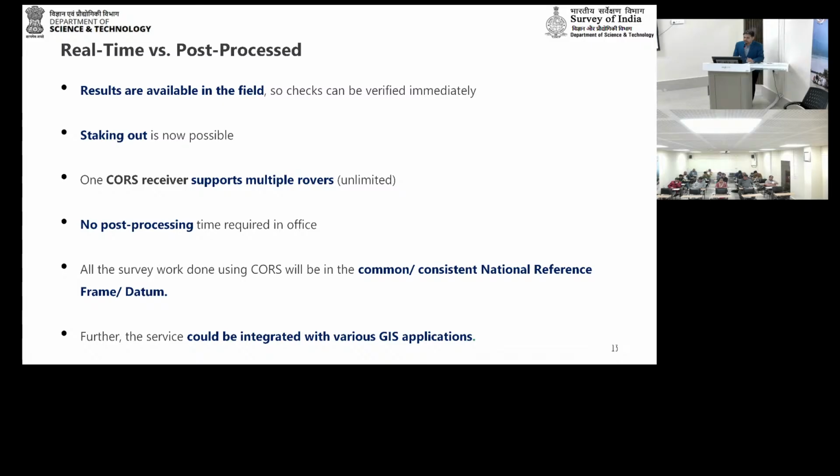One receiver supports multiple rovers, meaning one CORS receiver can support multiple and different types of rovers, all makes and models. No post processing time is required in the office once we are using real time. All the survey work done using CORS will be in the common national reference frame, meaning all the data you get will be in the national reference frame, and the services can be integrated with various GIS